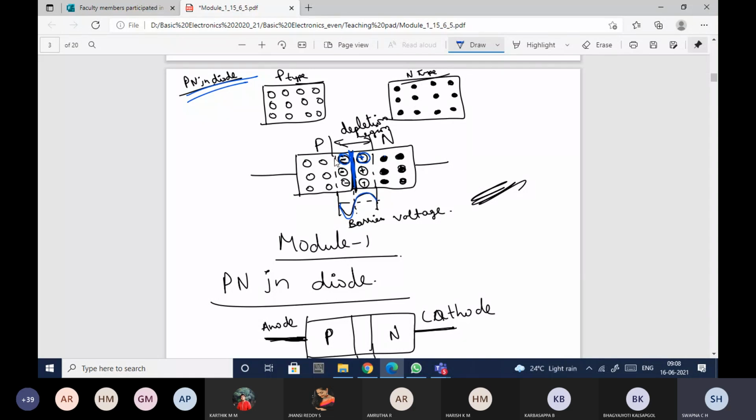So here, why is that so? Because the doping of p type and n type is